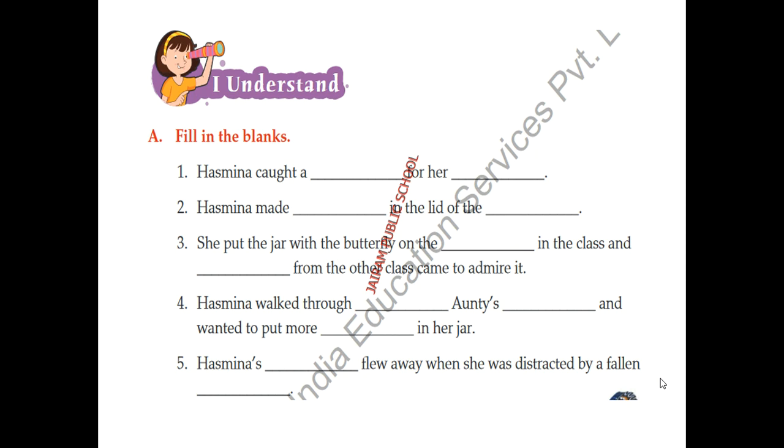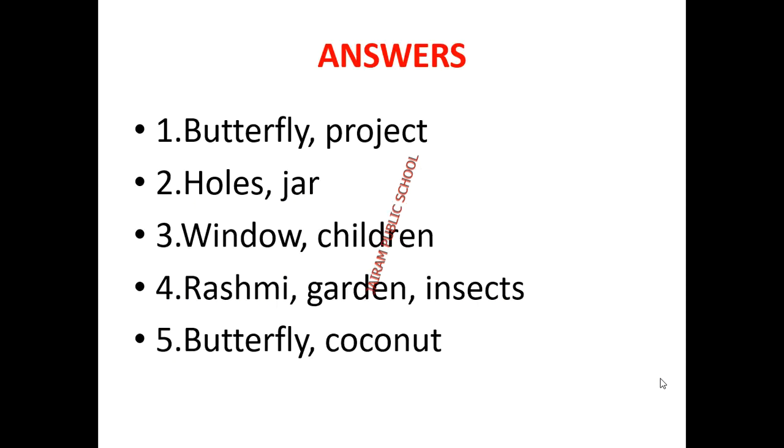Okay, children, I hope you all enjoyed the story. Let us go and check the answers. Number 1. Butterfly and project. 2. Holes, jar. 3. Window, children. 4. Rashmi, garden, insects. 5. Butterfly,